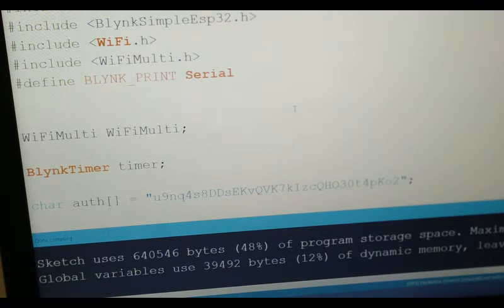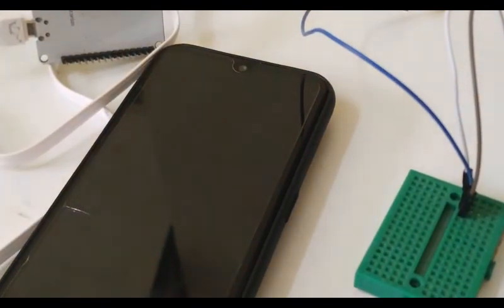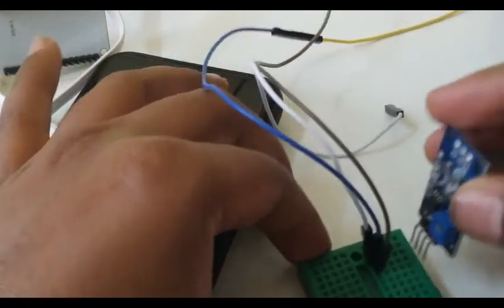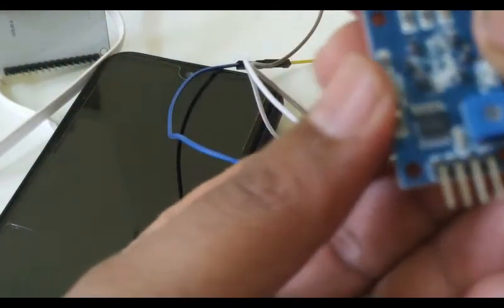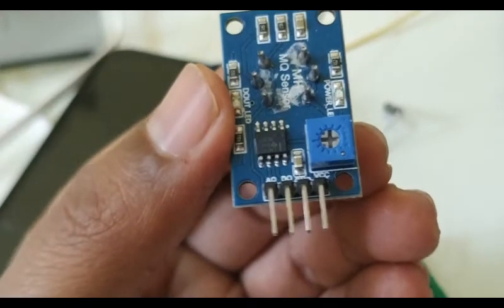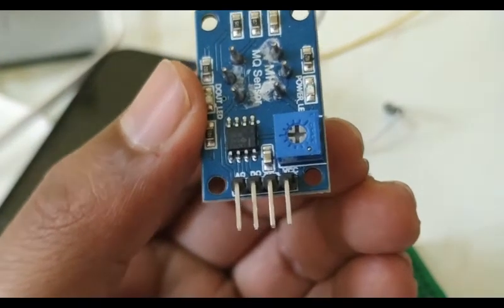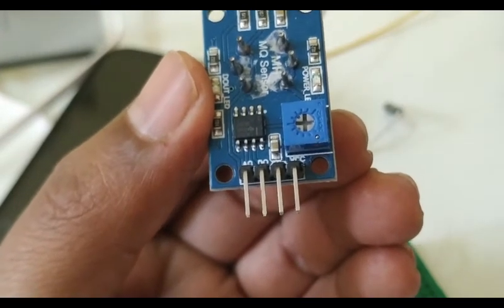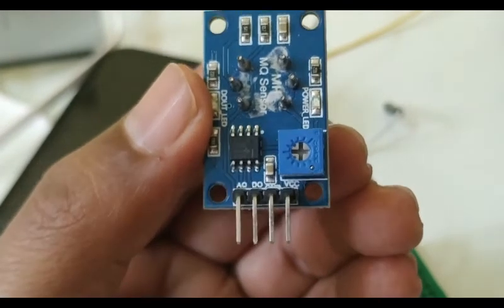So let me show you the circuit connection. It has 4 pins: A0 analog, D0 digital, and the third one is ground, and the last one is VCC.